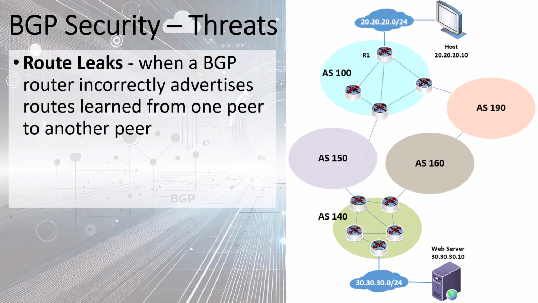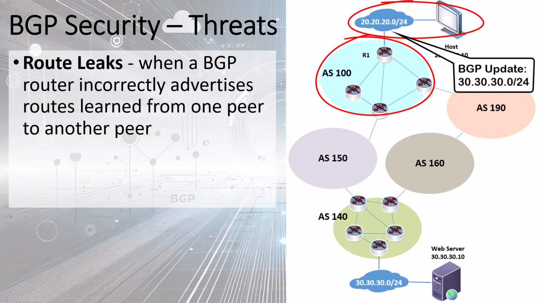Route leaking is another issue that we have to take into account. It's something similar to prefix hijacking, but it happens for a different reason. A route leak happens when a BGP router incorrectly advertises routes learned from one peer to another peer, violating intended routing policies. For example, AS100 here may be configured to inform its customer about the